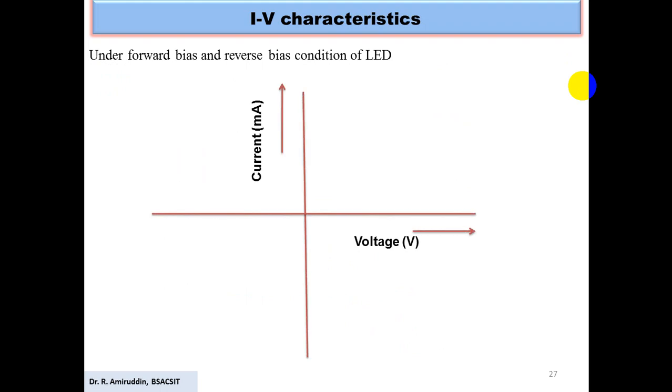A typical LED has similar I-V characteristics of voltage and current, wherein under forward bias it allows more current flow, and under reverse bias it restricts the flow of current. Every LED has a particular turn-on voltage beyond which the current value exponentially increases, and it also allows the electrons to recombine with holes, thereby emitting light.